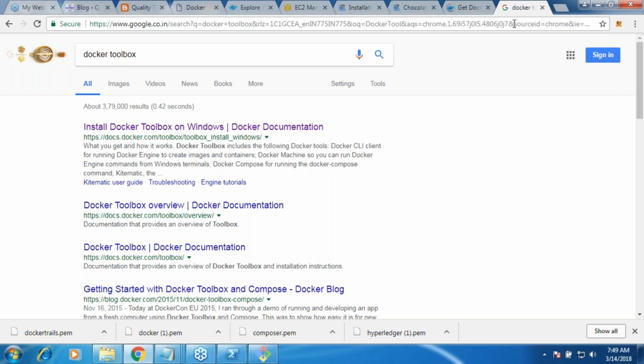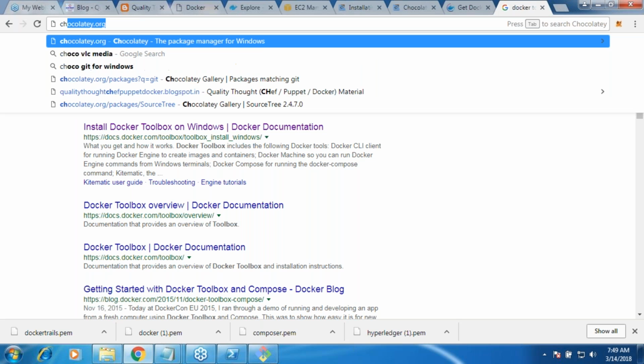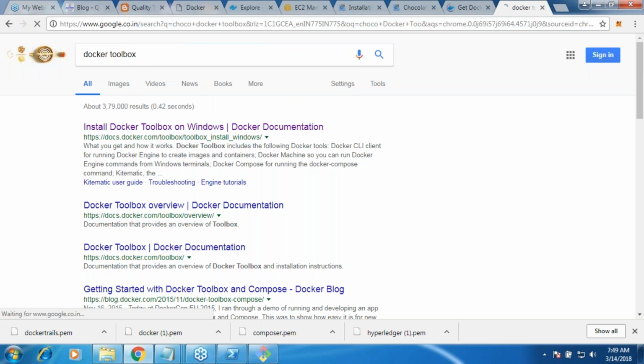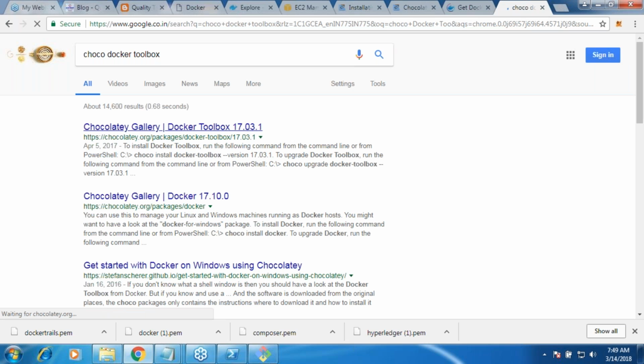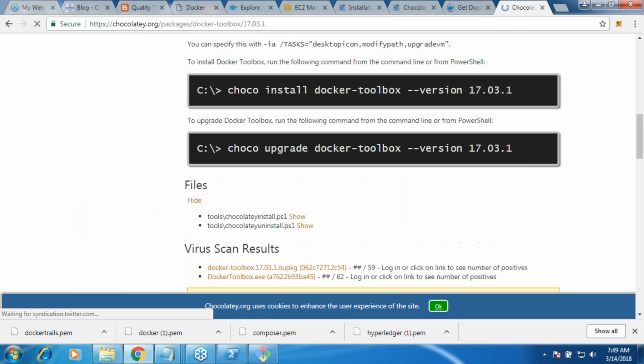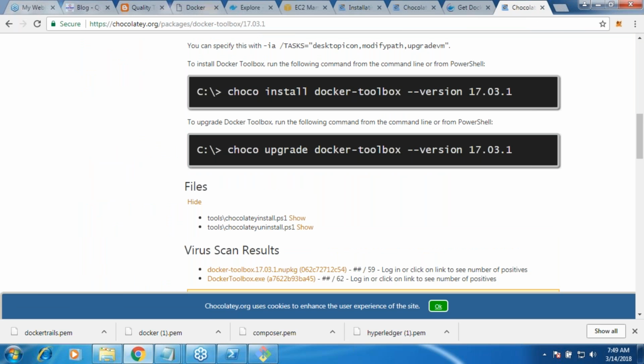And now to install this, what will I do? I will basically say choco install docker-toolbox. Are you seeing this command? Copy this command, paste it in your PowerShell. You will have Docker installed on your Windows machine. Remember, this installation will succeed only when your virtualization is enabled. Otherwise, this installation might fail. Are we good? And you should not do this on Windows 10.